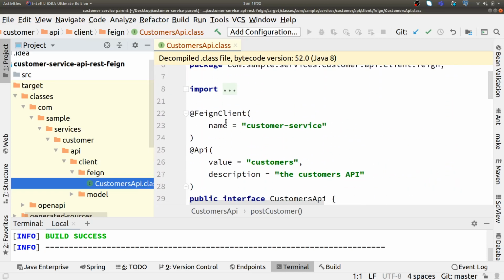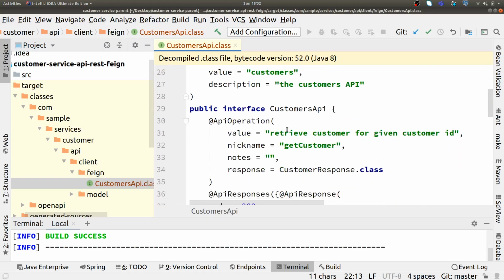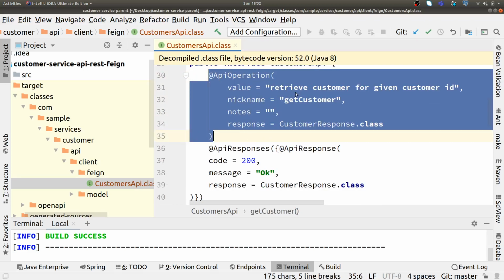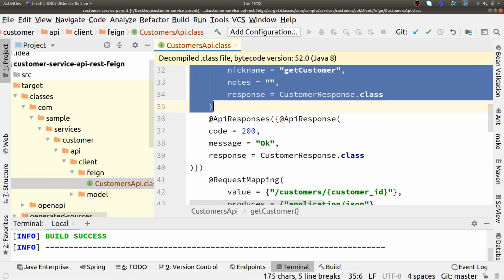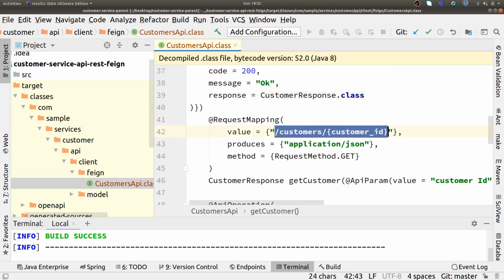And if you see, the Feign client is on top of it with the name customer service. The interface is customer API, and it has the API operations meant to be exposed or consumed. Whatever we have defined in the API definition, our Maven build tool, using the Maven Swagger code plugin, has created as an API interface for us.